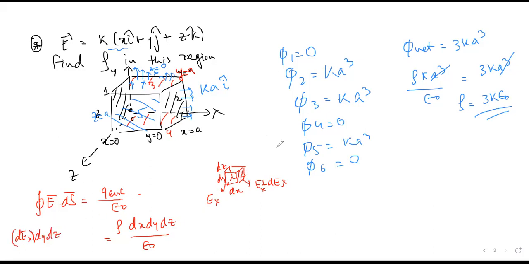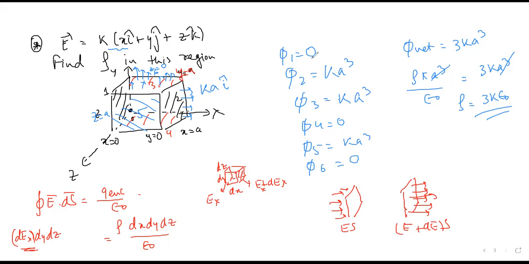देखो ये समझ में आया या नहीं? On the left surface, you have entering flux, and so that will be negative. On the right surface, you have emerging flux, and so that will be positive. But the electric field would have slightly increased, so more positive flux and less negative flux. यहाँ पर E into S है, यहाँ पर E plus dE into S है. So the effective flux is dE into S. That is what I'm writing. And this dE is along the x-axis and the area is dy dz. There'll be similar terms,